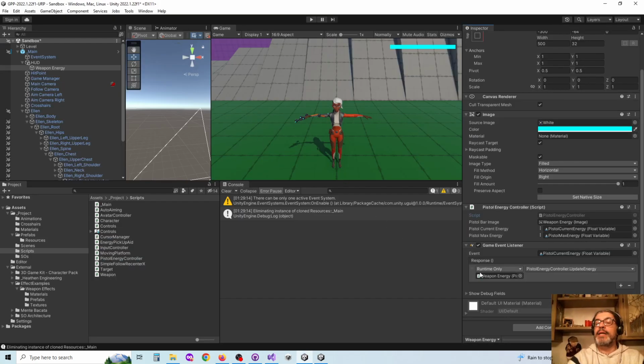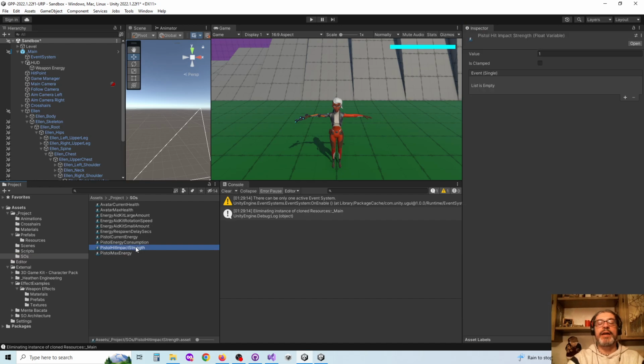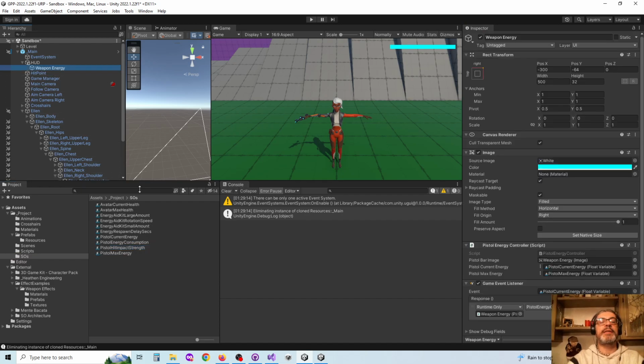And then we have to add another object that is the game event listener. By the way, how do we initialize this? Well, here we need to have the reference to the bar itself, and then the current energy of the gun is the same that we used for the weapon component, if you remember, and the max, right? For the weapon, we also use the strength and a few other things maybe, like the muzzle and so on. But here, just the current energy and the max. Now we have this other object. It is the game event listener. It comes from this